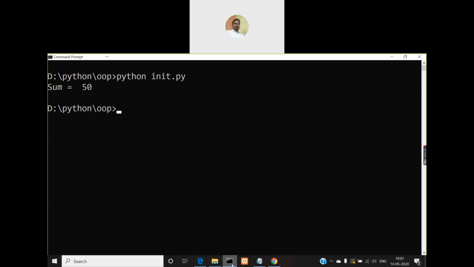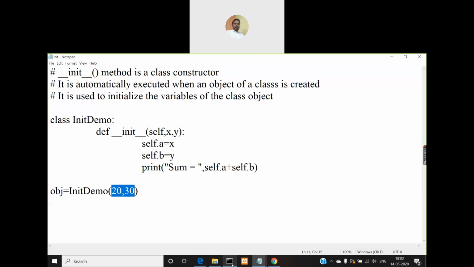So the output sum is 50. So very simple. Defining a constructor in your Python class is very simple. Simply follow the same syntax that you follow for defining a method. So use the keyword def, then followed by double underscore symbols, then followed by the word init,